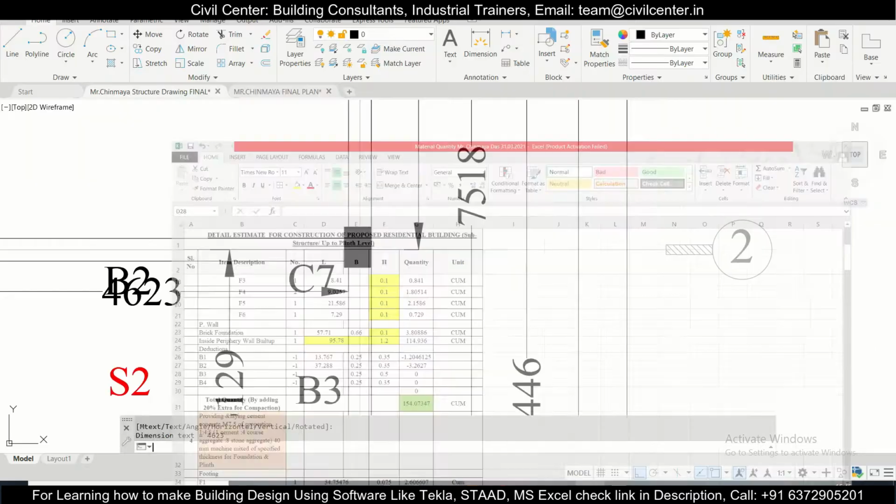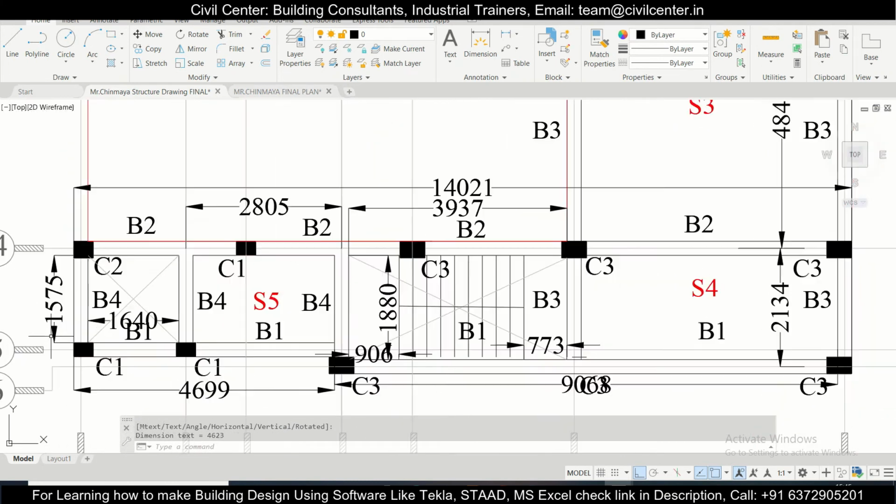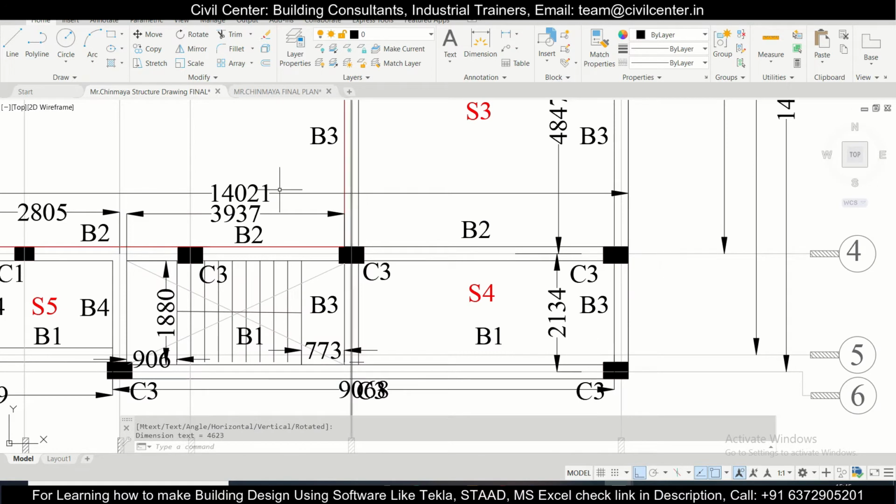So next is B3. So for the B3, let's check B4, B4, B3 and B3. 2 B3 we have.